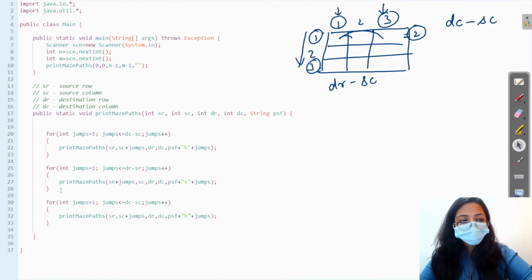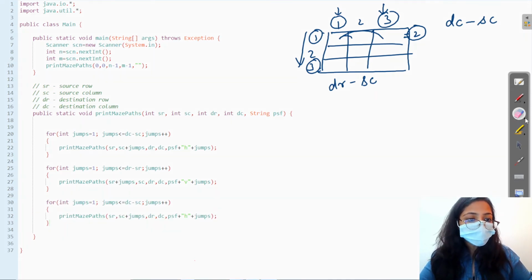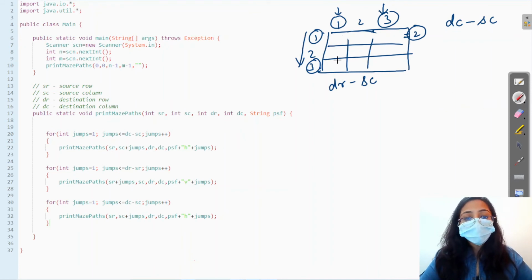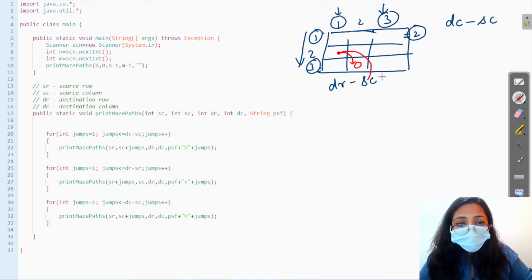Why? Let's see. When we are working with diagonals, we need to see how we move. For diagonals, we have to be allowed both by the row as well as the column. So if I'm working from this point, I can take one diagonal jump, as the source also allows, row also allows me, column also allows me. But I cannot take two jumps.